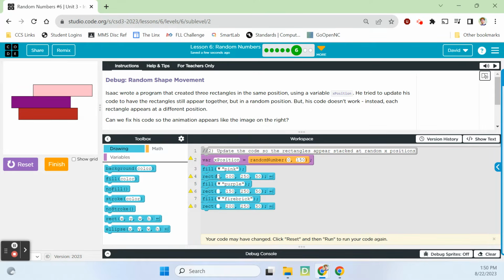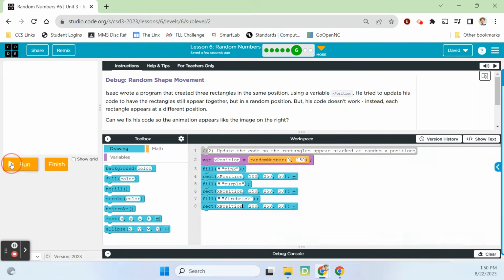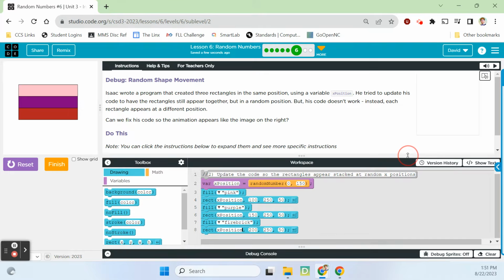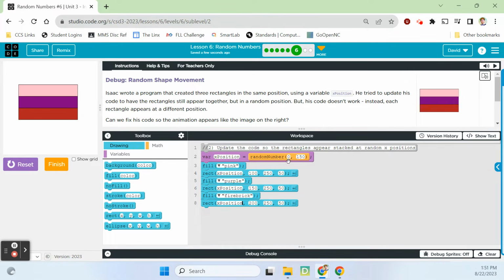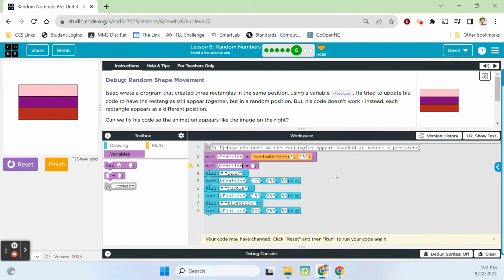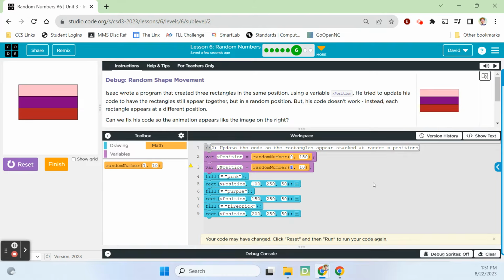So let's do that. Control C, Control V, Control V, Control V, reset, run. Yeah, sweet. And then is it changing on the y-axis at all, or just on x? I feel like I could create another variable, call this y position, give it a random number between, let's say, 50 and 350, and then I could take y position, Control C,